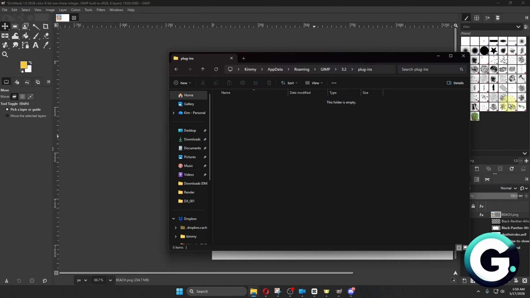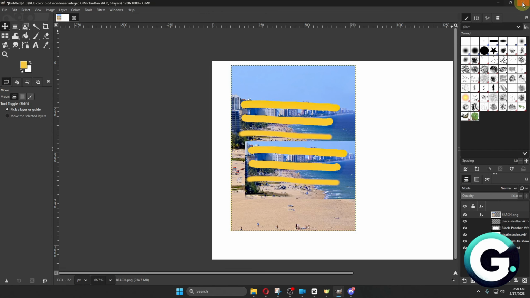So what you can do is just drag your plugins onto this specific folder. Right after, you want to restart your GIMP, open it back up, and from there, the plugins will then